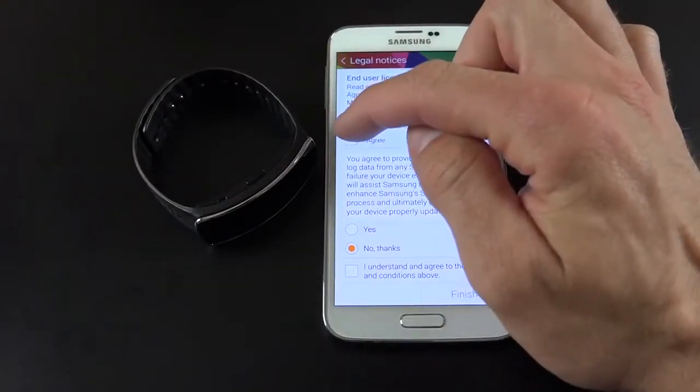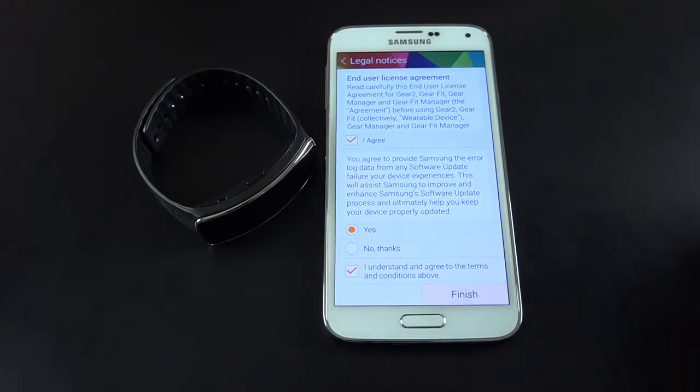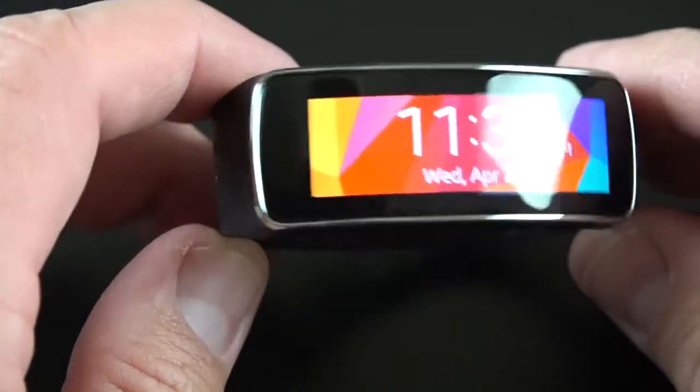Alright, the software has been updated, and the first thing we need to do is agree to our terms and conditions and click Finish. Alright, so let's go ahead and take a look at the design of the Gear Fit,